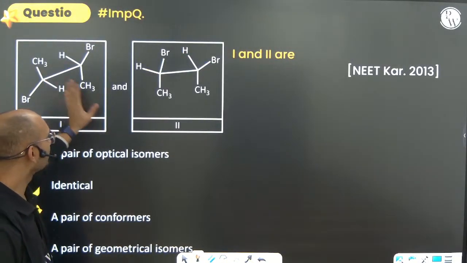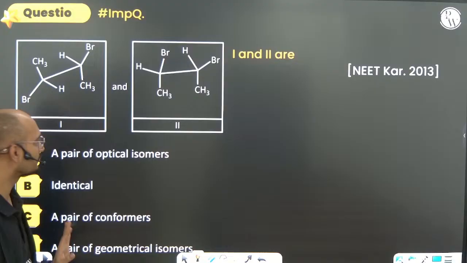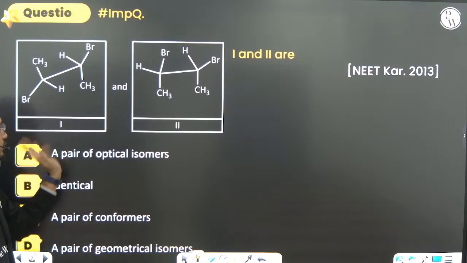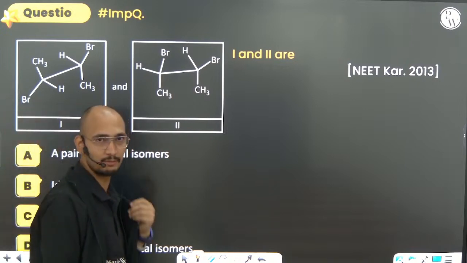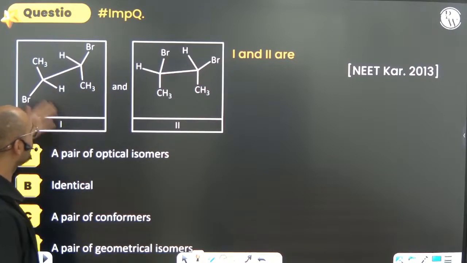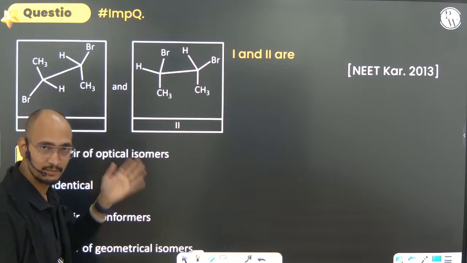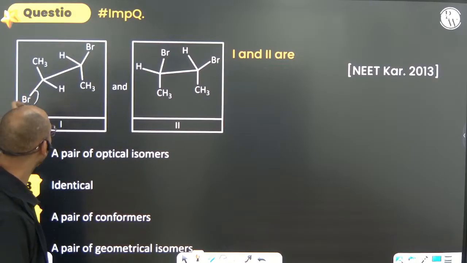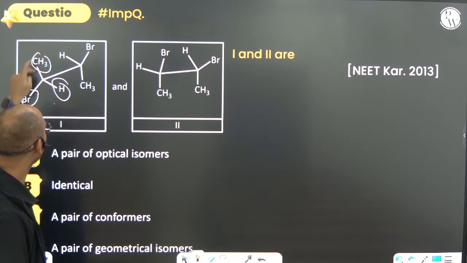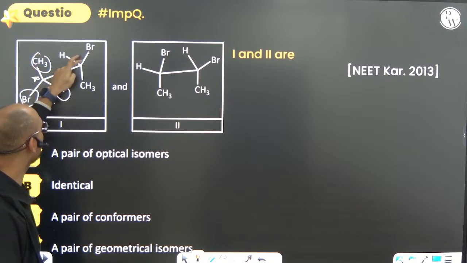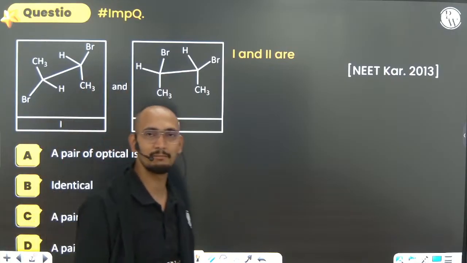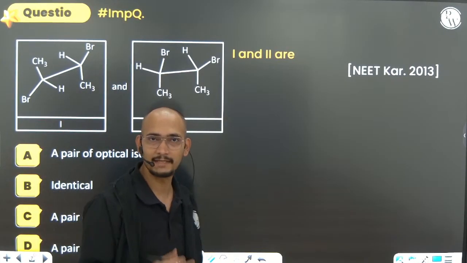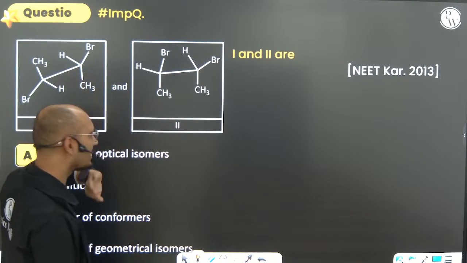Next, what about this? Again, this is a kind of question. Both of these are a pair of optical isomers. Optical isomers are those where optical isomerism will be shown. Here we can see that there is a kind of symmetry. Because of BrHCH3, though you can see that there is a chiral carbon, still both of them are symmetrical. Because of the presence of symmetry, they may or may not show optical activity, but generally you will say that they will not show.